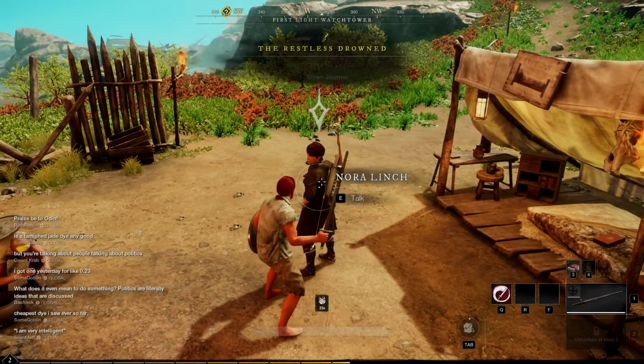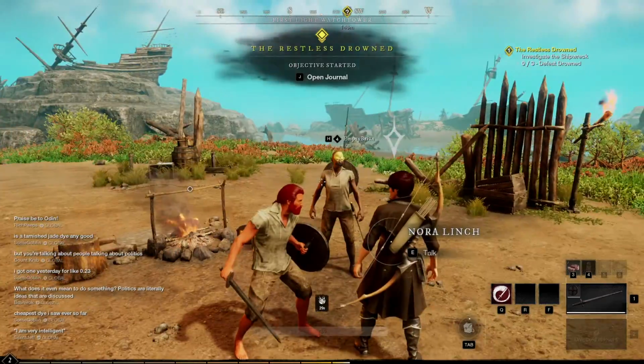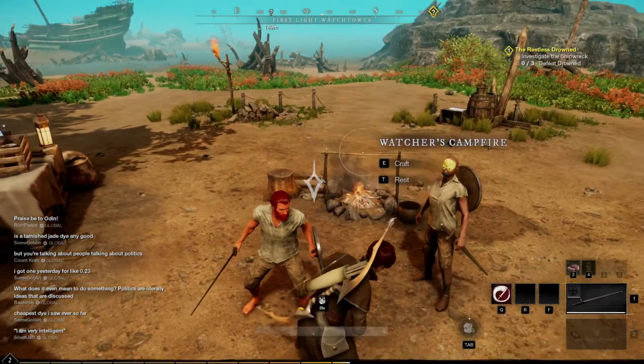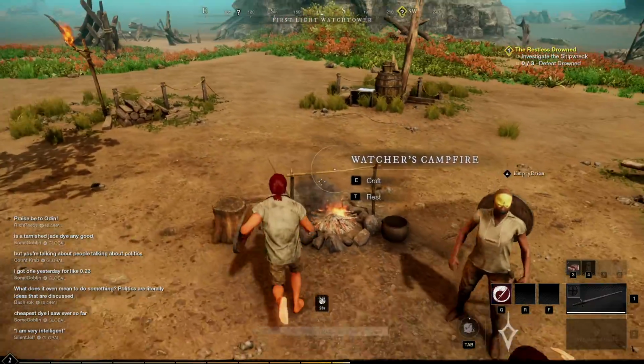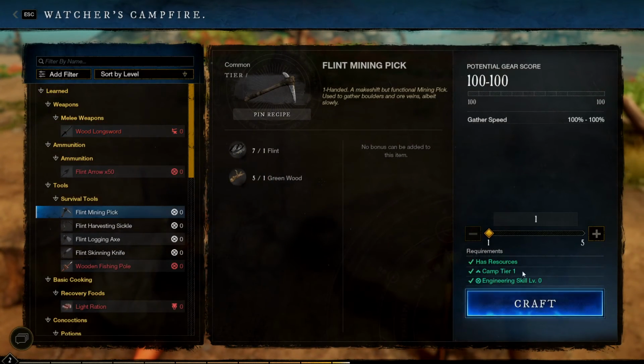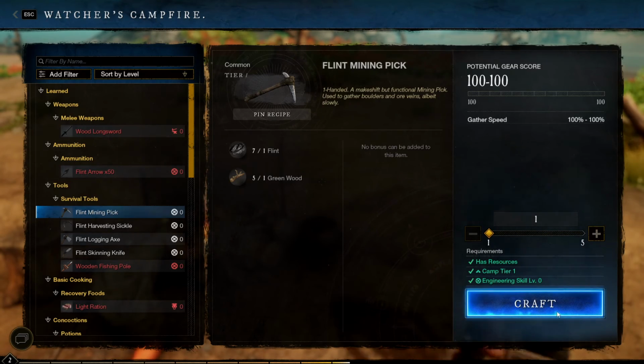Okay. So they want us to go take out some of the drowned, the people that didn't make it who turned into drowned. So they want us to do that. We are going to come here, and as you can see, we can make 5. All right. We want to make